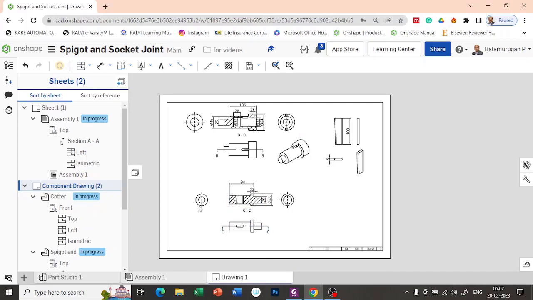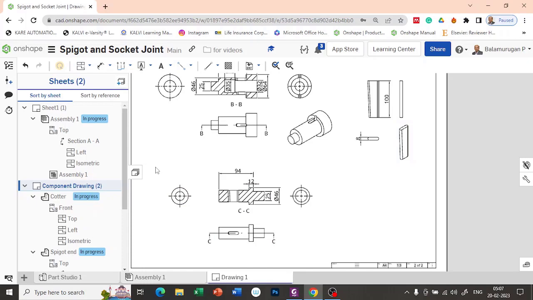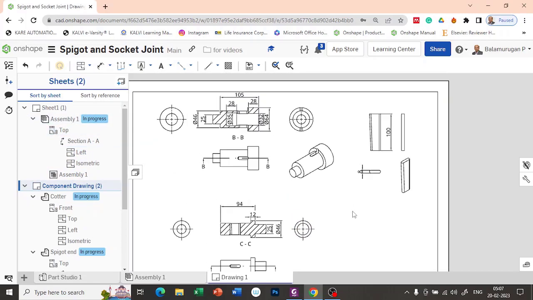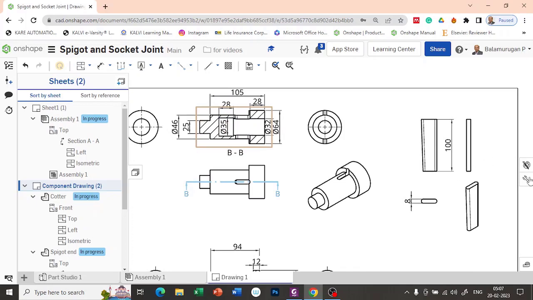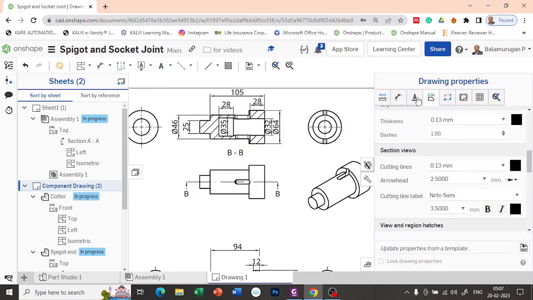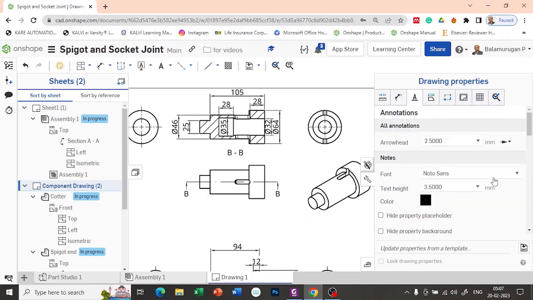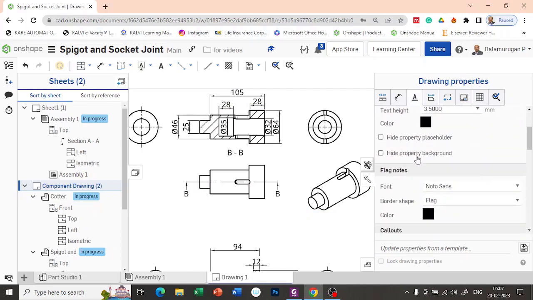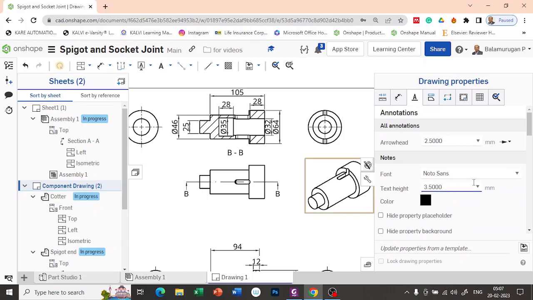Now we have completed our drawing. Individual component drawings we have discussed, and the overall component drawing is over here. Suppose you want to change the dimensions, if it looks too big, go to the settings tab, go to annotations. The font height is 3.5 here, so you can make it lesser than that. If you make it as 2,